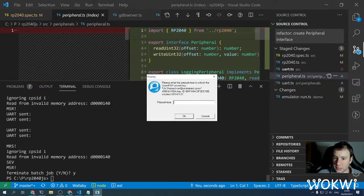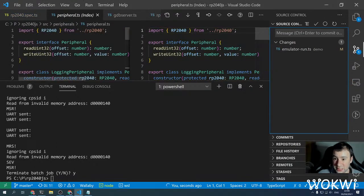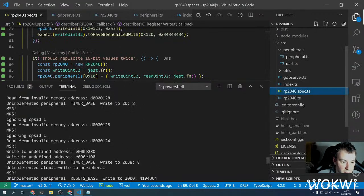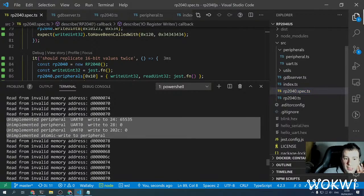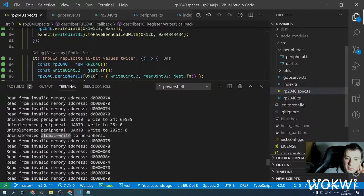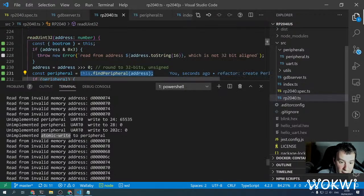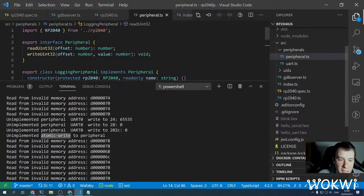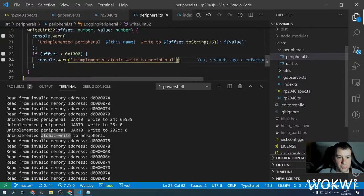Cool. So that's a nice refactor, and now we can use that as a basis for implementing things like the timers. Or no, we haven't tested it, but yeah, you can see that we have those unimplemented. There is an unimplemented atomic write to a peripheral. Let's see which. Yeah, I guess it's the UART, because there are writes to the UART, but yeah, now we can see when this happens, to peripheral,